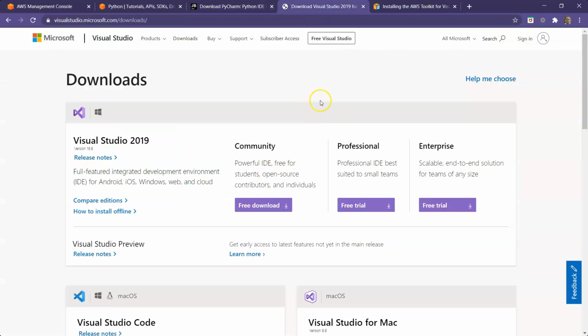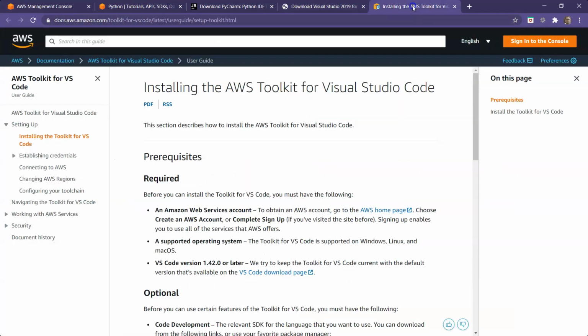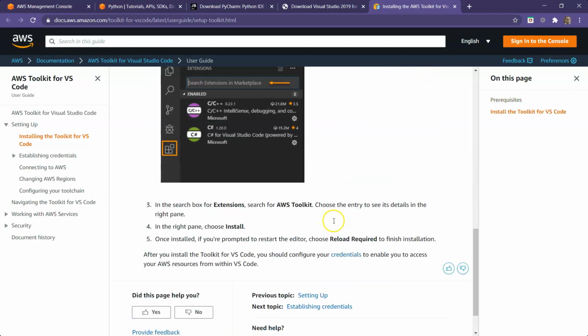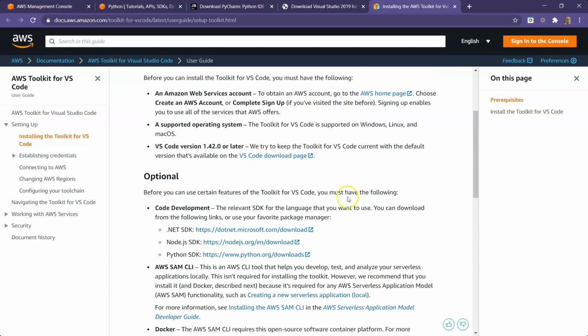And if you are working with Visual Studio Code or Visual Studio, any of the suites, this is where you can download your IDE, and AWS gives you a detailed step-by-step procedure on how to install the AWS Toolkit for Visual Studio. I would recommend going through this page in detail, but in this case I am only using PyCharm for our demonstration. I will leave these links in the description, and whichever tool you are using, please set up using them.